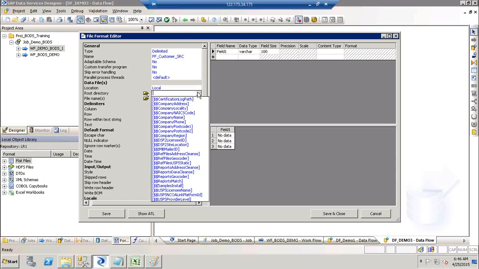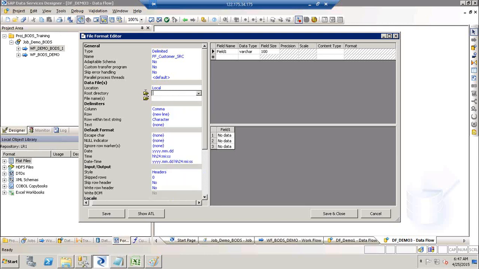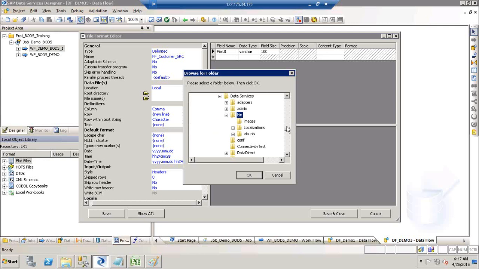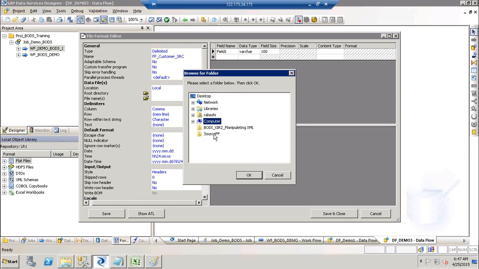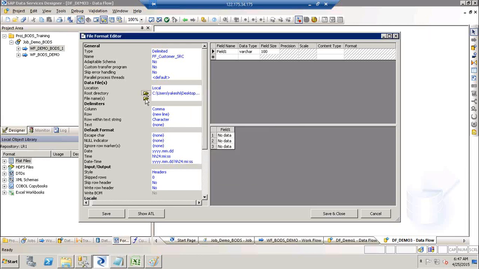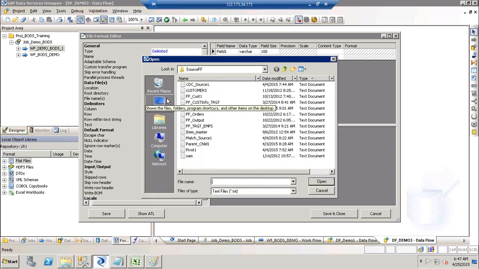You'll see the parameters and global variables. We'll talk about them a little later. So to select the path, click on the folder icon here, right? You will see the folders on your desktop. So this is my folder where my file is present. Click on OK, and again click on the file name, select the file